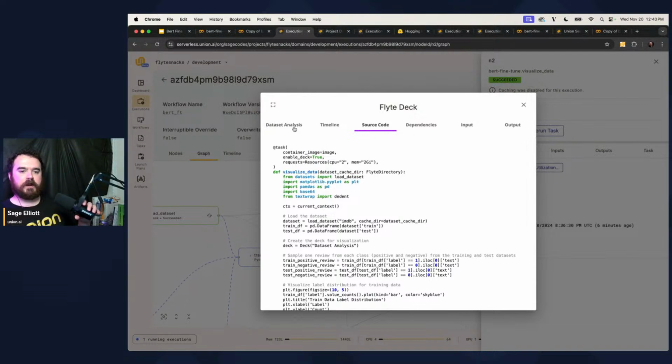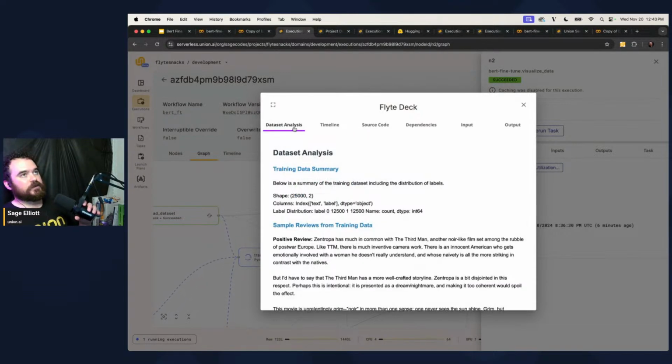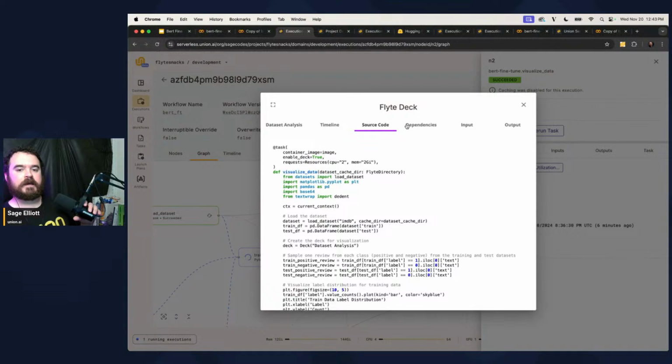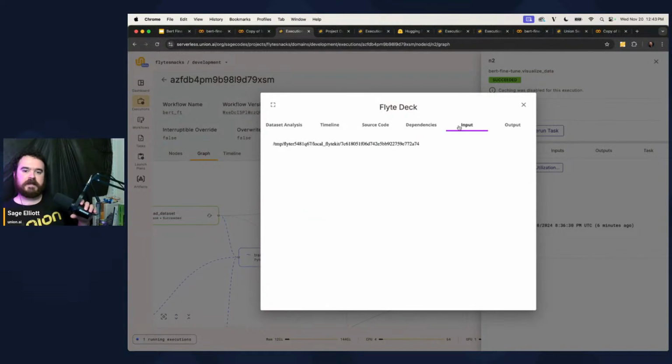And when you create your own things like this data set analysis, you can use Markdown or HTML and really embed anything you want here, including cool things like Plotly and stuff like that. If you want a 3D thing, you can have that logged per task here, which is pretty nice. It also has the dependencies, the input, which is